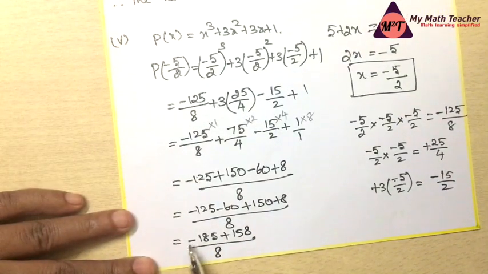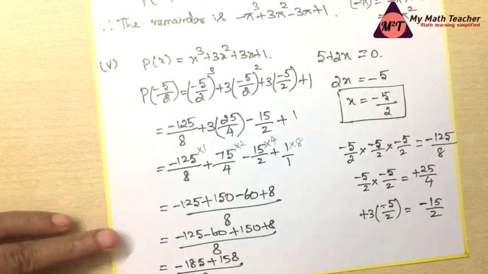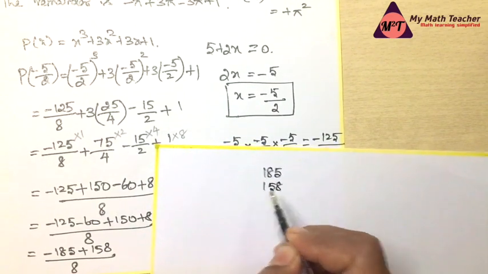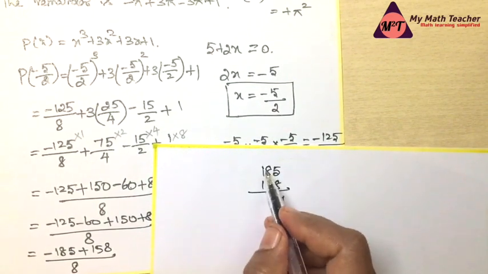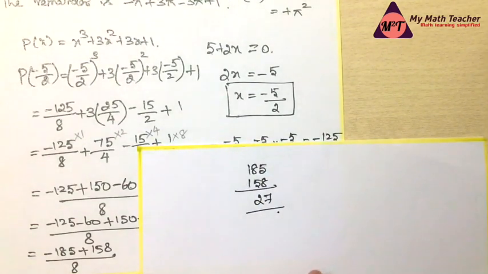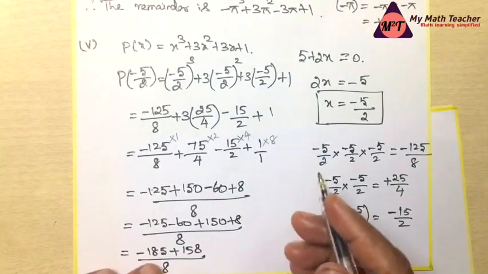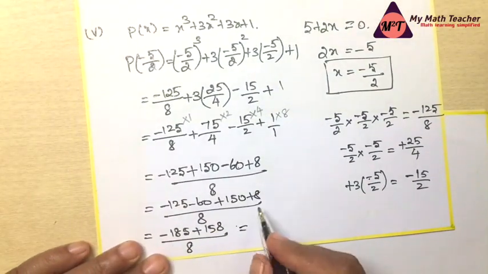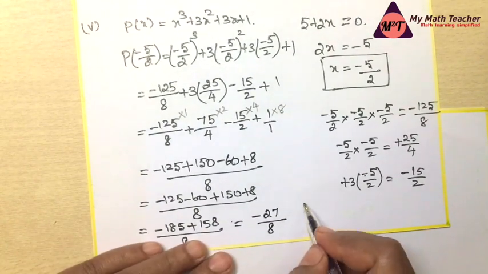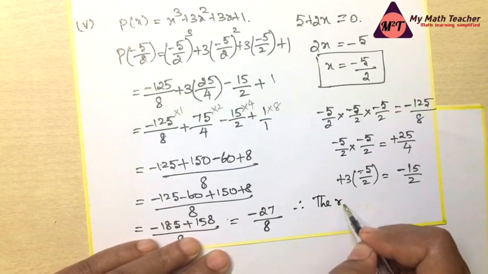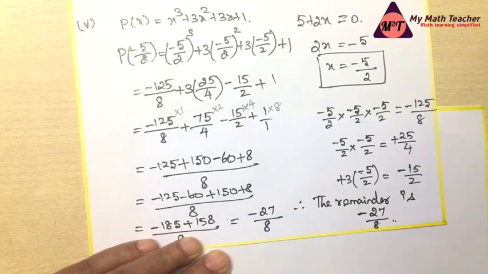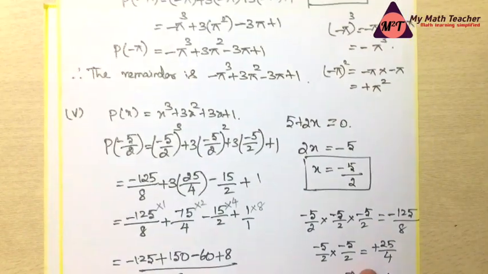So if it is opposite sign, we have to subtract and apply the greater number's sign. 185 subtract 158. So 15, 7, 7, it will be 7 minus 5 is 2. Okay, we have got 27. So the answer is, which is equal to, the greater number is minus, so minus 27 by 8. Okay, so therefore the remainder is minus 27 by 8. Okay, so this is how we have to solve all the sums to find the remainder